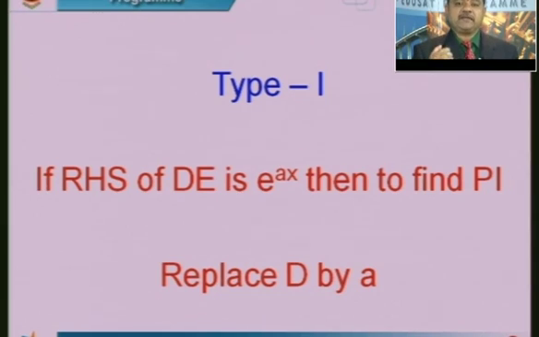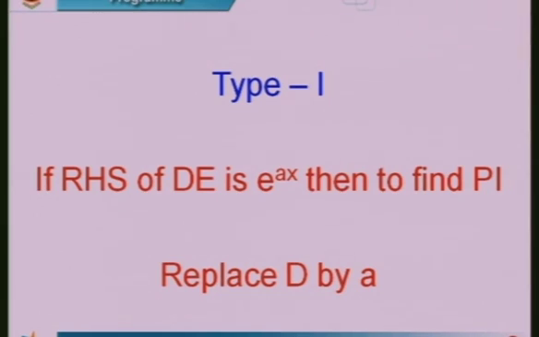We have seen so many indirect questions also. What happens if the denominator becomes 0? What happens if the right hand side is expressed in terms of cosh or sinh? How to solve those differential equations? Extensively we have seen the type 1 problems. Then we have passed on to type 2 differential equations.